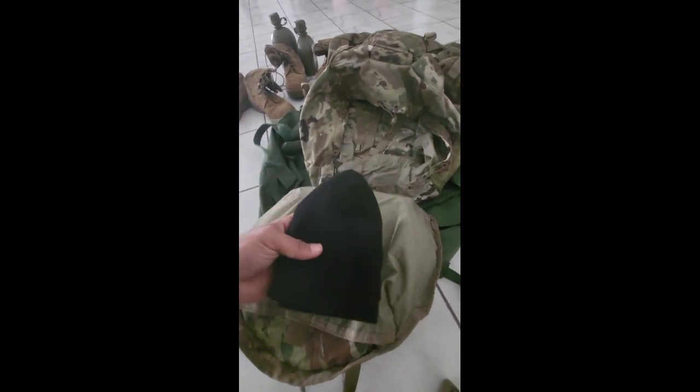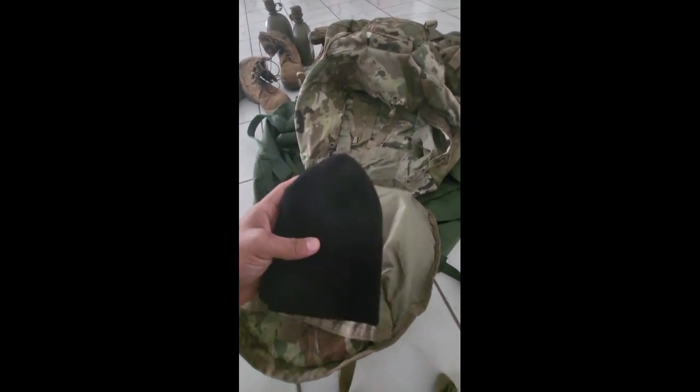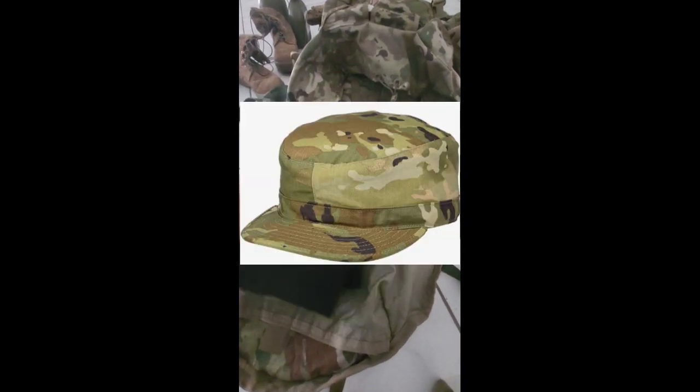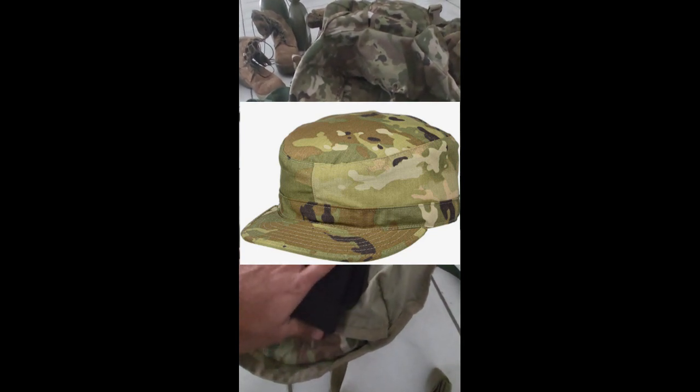This is mainly what you'll be wearing when you're at PT for the most part. I don't believe I ever wore this while I was wearing my OCPs, but I could be wrong, because most of the time it was our PC, which is our camo hat. But other than that, I wore this for our PTs and